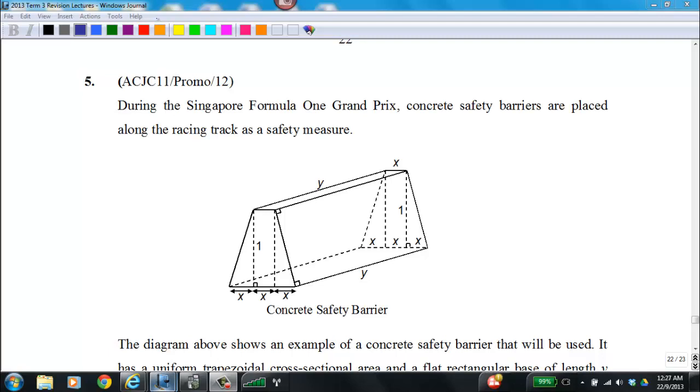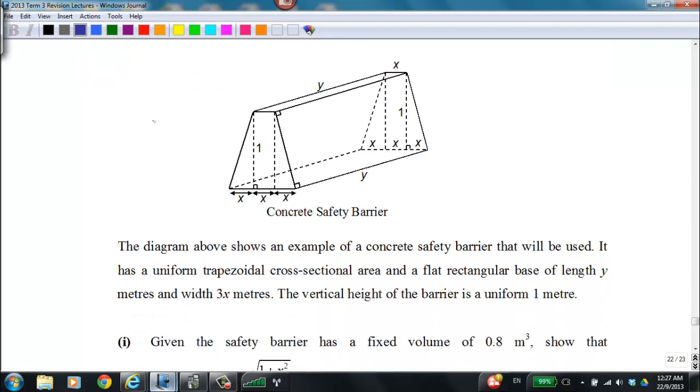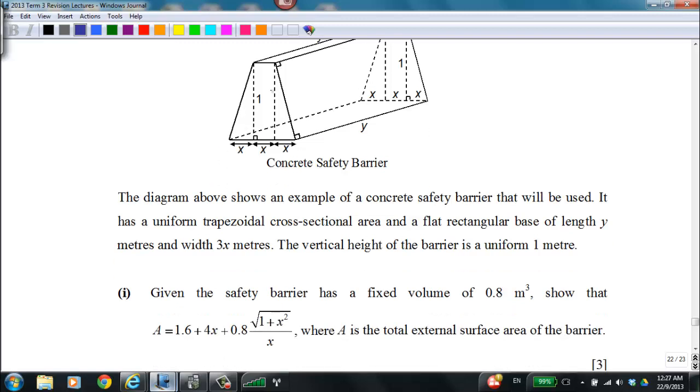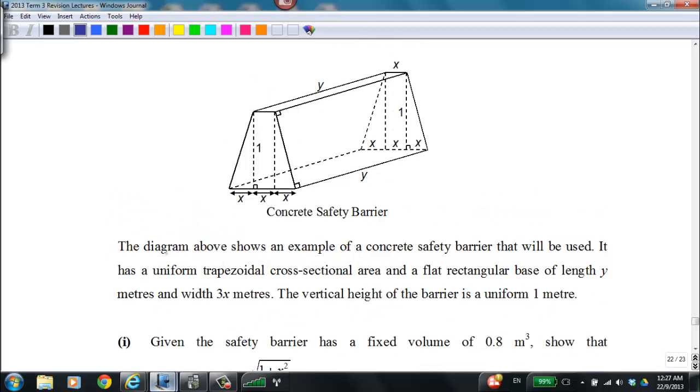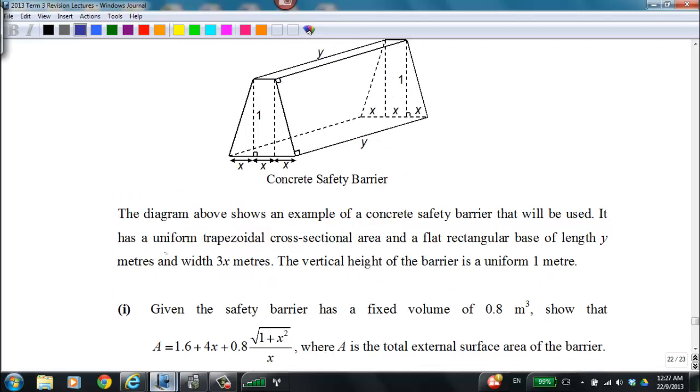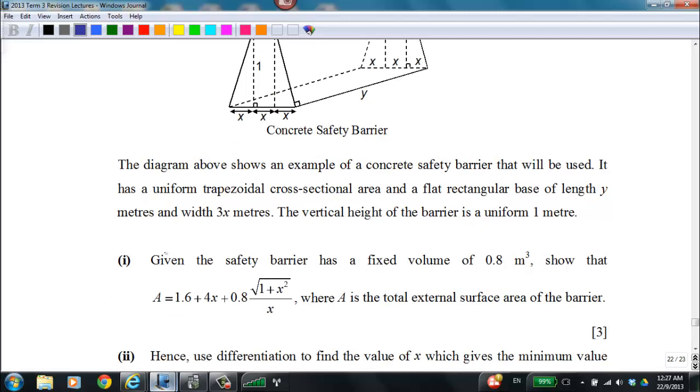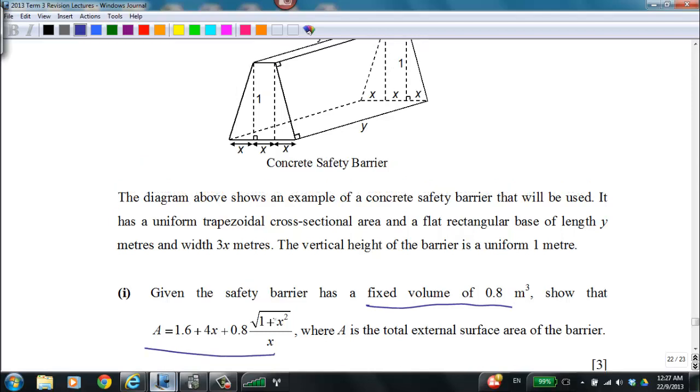Okay, for the last question, question 5, we are given this particular structure, which is the safety barrier, and it has a cross-section area which is a trapezium. So for the very first part, all the information is given on the diagram itself. We are given a fixed volume of 0.8 meter cube. You have to show that the external surface area of the barrier